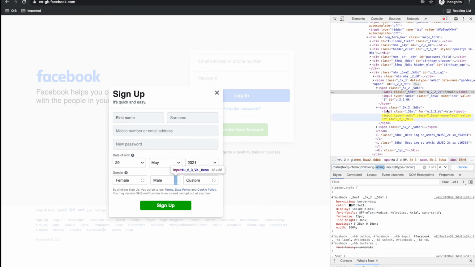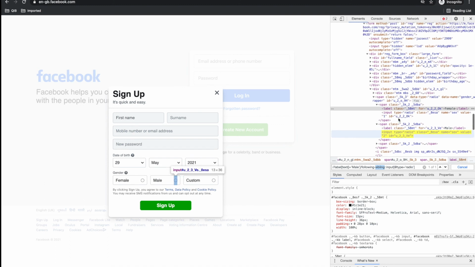If you use parent, it will go to span, and then if you use child, it again selects both the children. And if you select ancestor, it will select the parents of the parent. So it will select all the ancestors. If there are multiple, it selects multiple.